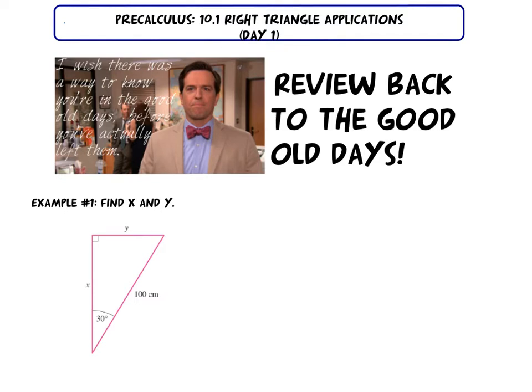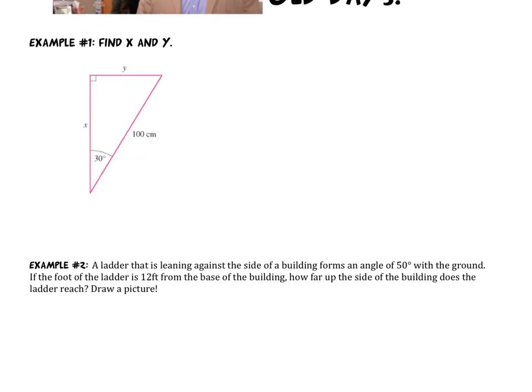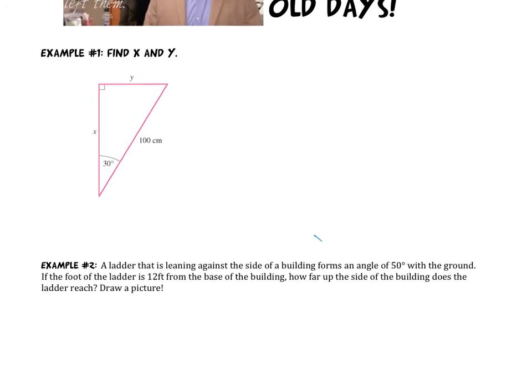So first thing with example 1, find x and y. There are many ways to do this. I do not have a preference which way you do. I will go ahead and show you both ways just so you can refresh your memory. So if this bottom angle is 30 degrees, that means the top angle right here is 60 degrees. So I have a nice perfect 30, 60, 90 triangle. And there is a special ratio that goes with 30, 60, 90, which is